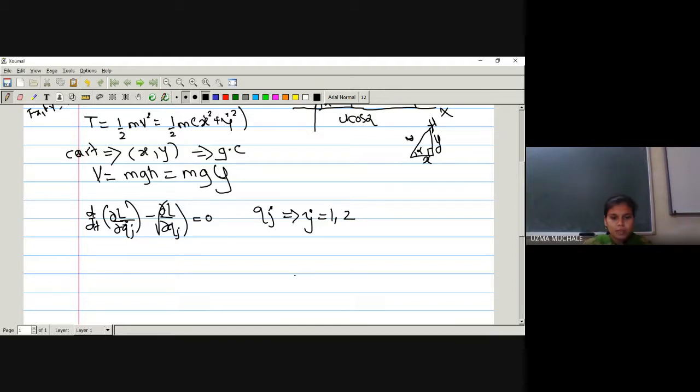Let me write down the equation, that is q1, q2. What are the values of q1, q2? I can write it is simply x and y. That is, Cartesian coordinates are sufficient to describe the position of a particle. Hence, we can say the Cartesian coordinates are themselves generalized coordinates.